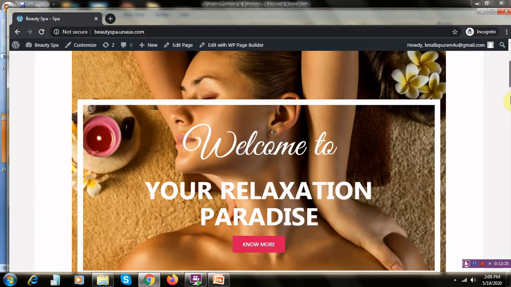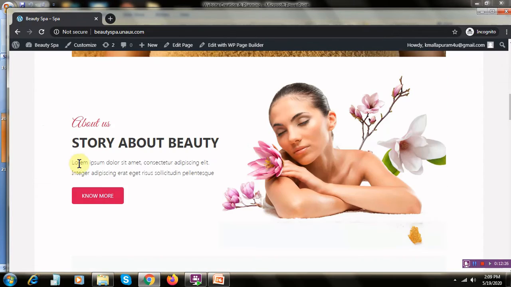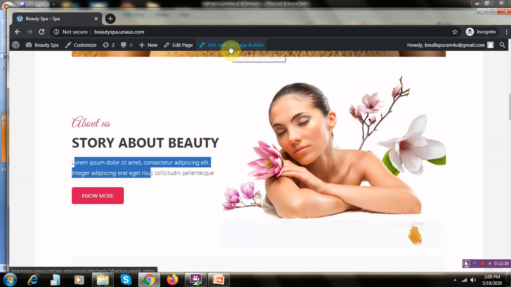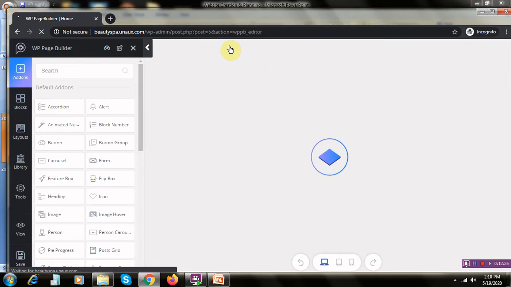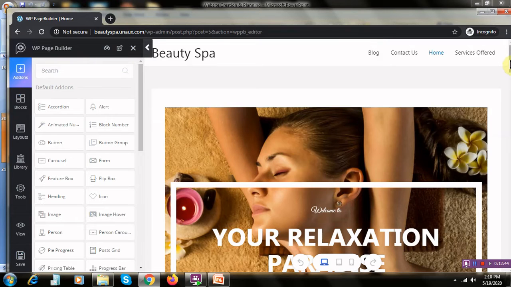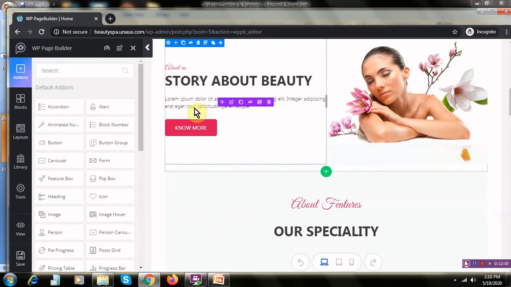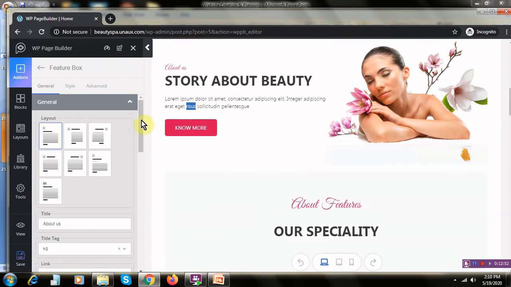Here if you want to click and change the pic, you can change it. There are some storylines that you may want to change. So edit with the WP page builder. If you want to delete this also, click delete, you can delete it. Can you see the layout here?